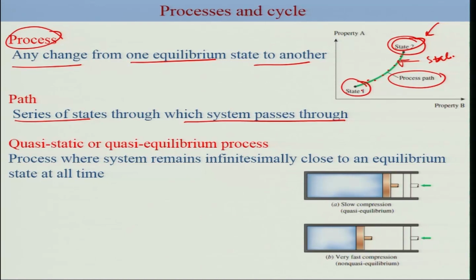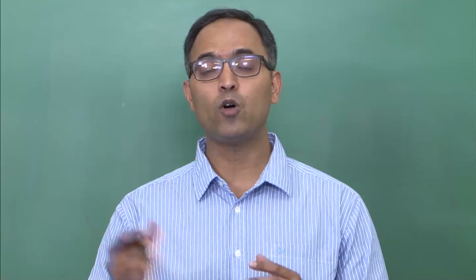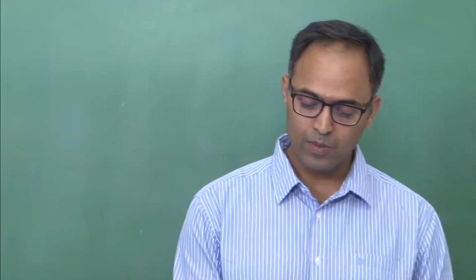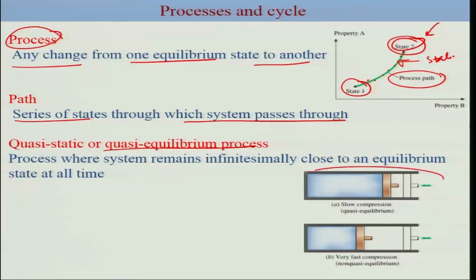Now there are processes which are very fast, and there are processes which are very, very slow. A slow process where the intermediate points along the path are at equilibrium or quasi-equilibrium is called a quasi-equilibrium process. So this is an example where you are using slow compression in order to make use of equilibrium thermodynamics. So what you are doing here